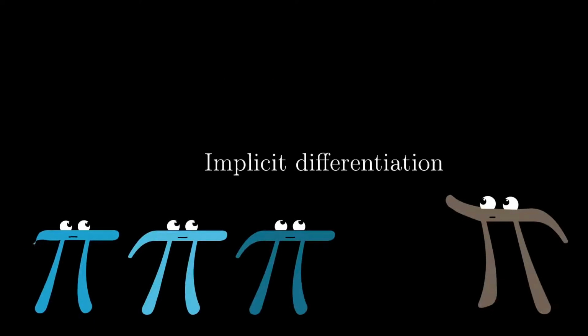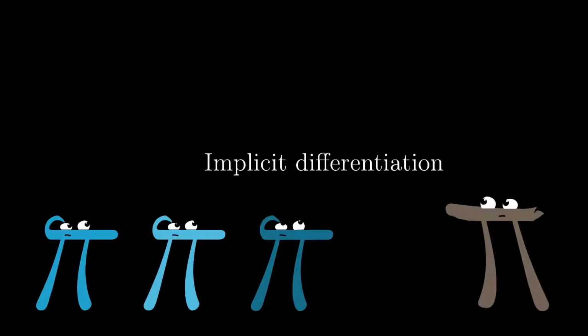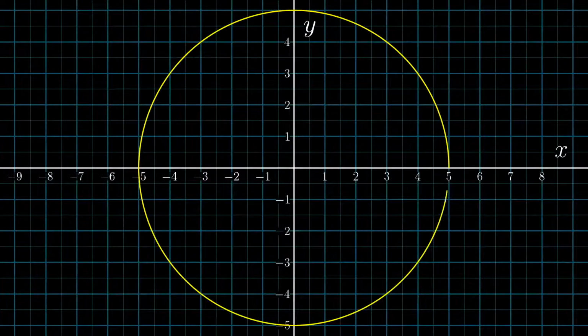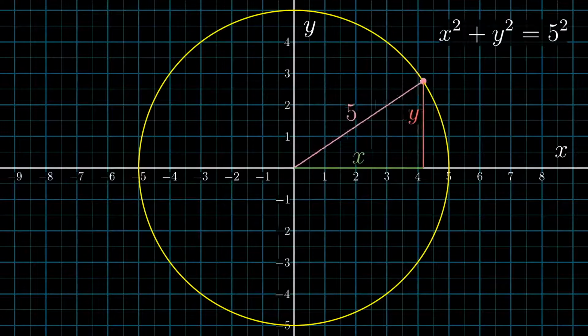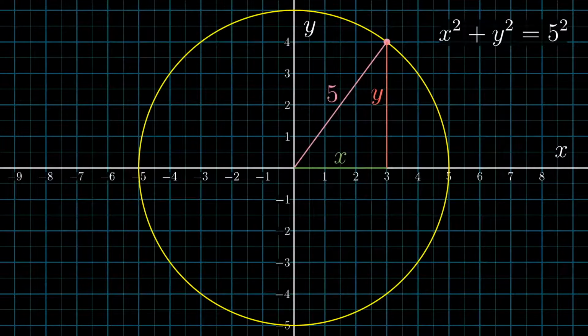Let me share with you something that I found particularly weird when I was a student first learning calculus. Let's say that you have a circle with radius 5 centered at the origin of the xy plane. This is something defined with the equation x squared plus y squared equals 5 squared. That is, all of the points on the circle are a distance 5 from the origin as encapsulated by the